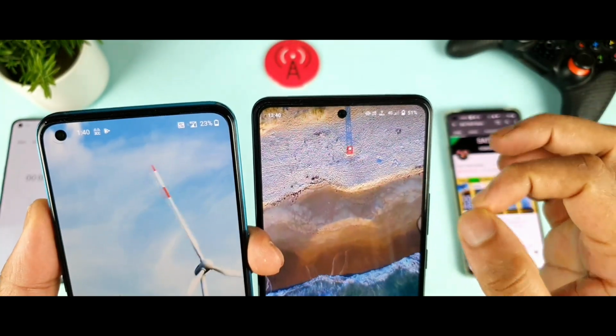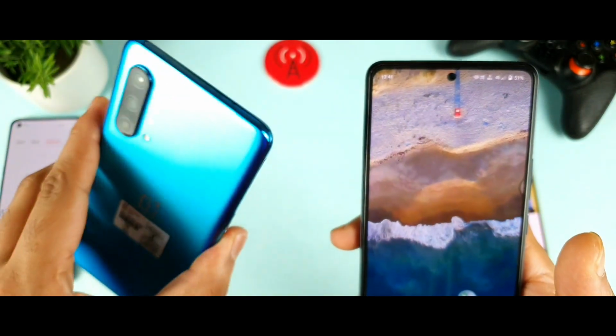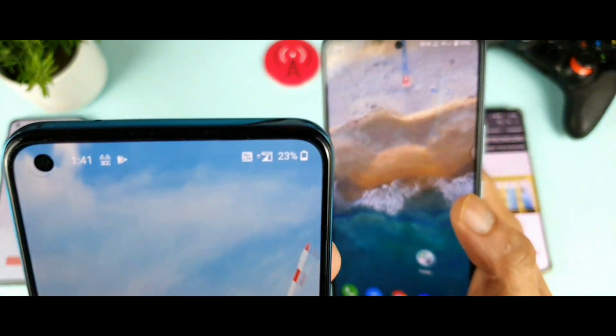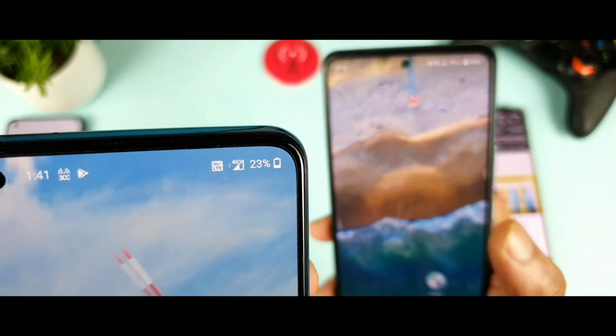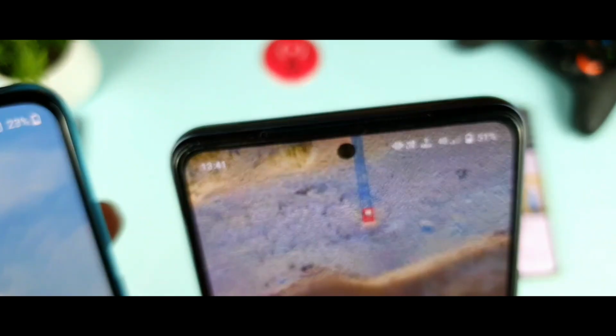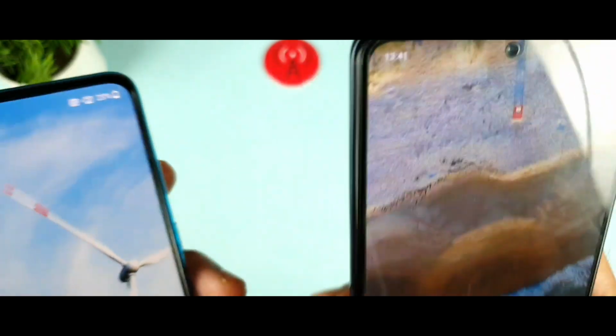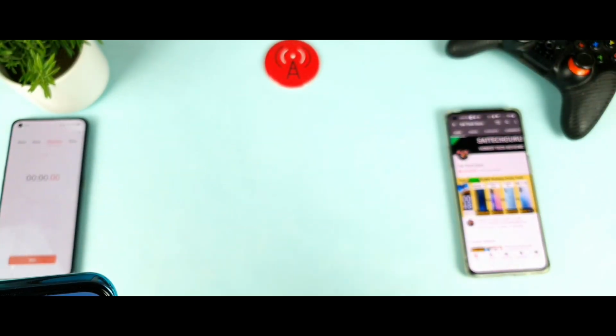Right now I turned on the 4G in both SIM cards, as you can see. And on the top of the OnePlus Nord device we are getting the 4G plus, as you can clearly see in the notification bar, while the iQOO 7 device is not receiving the 4G plus. As you can see, it's only getting the 4G. I turned on the 4G data as well. Let me open the NetMonster application to show you exactly the results.